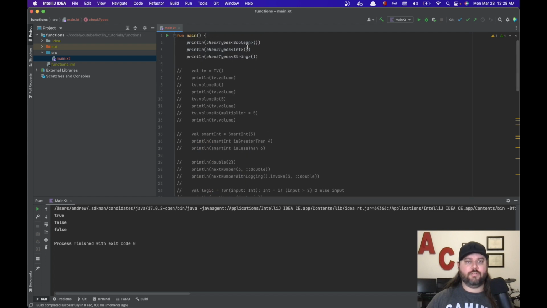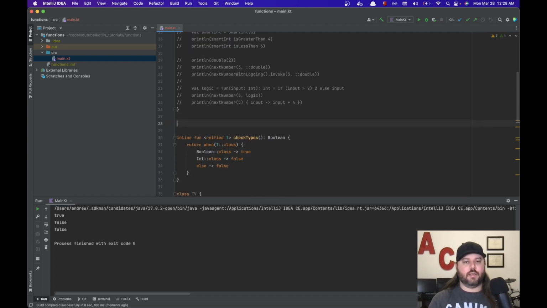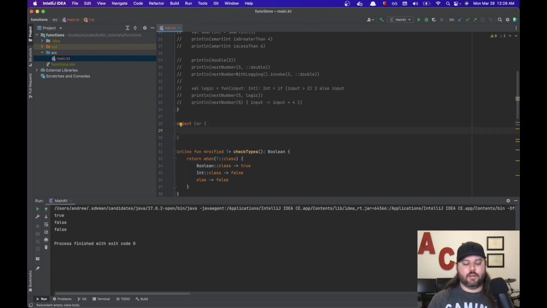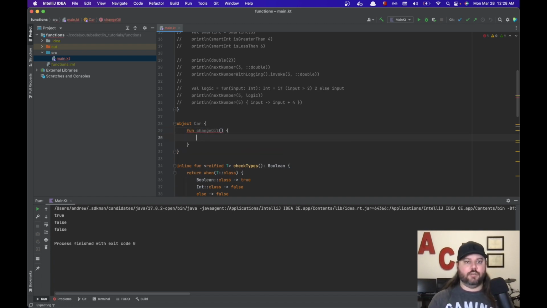If you want to group all your functions into a certain thing, the best way to do that, let's say we have like a car and we want to change the oil and like change the tires or something. So we could have car object. This is just a really basic way to create a class, if you will, or like a grouping, because there's no namespaces in Kotlin. And so if you wanted to have change oil, and it's just gonna do a print line of change oil,